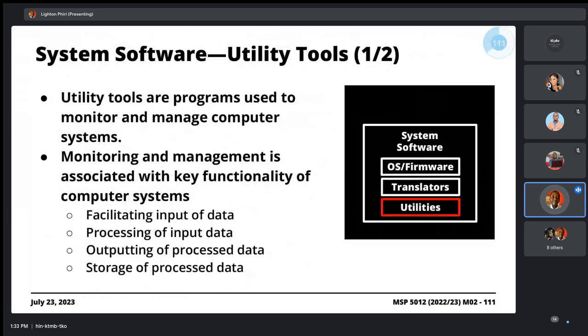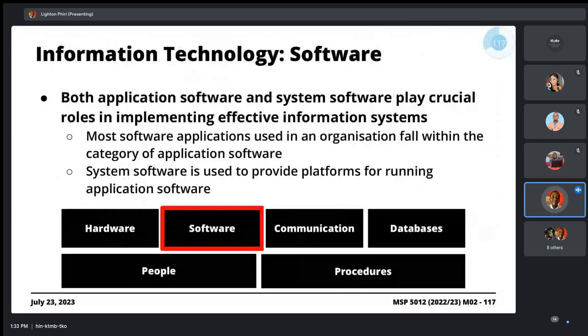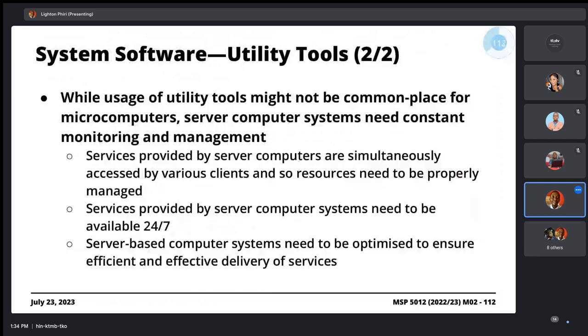Some other points here are things we've already discussed, like the fact that a software system like ZSP, or any social protection management information system, needs to be available 24/7, all the time. If it is, you need software tools that will help you monitor if the server is up and running. If it's down, maybe you get an automated alert from this utility software tool to say the server is down.